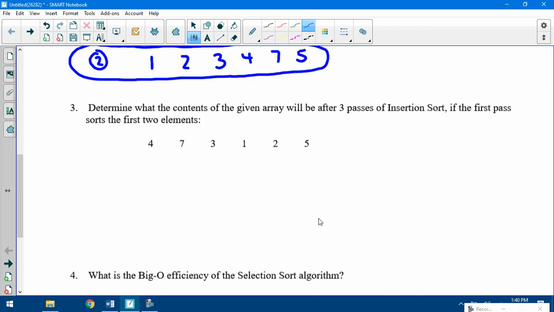Now here's a similar one with insertion sort. Determine what the contents of the given array will be after 3 passes of insertion sort. And when you see insertion sort, you should think of find position and shift. You want to know where the current element needs to be placed and then shift everything down to make that